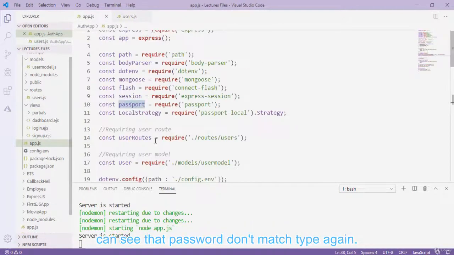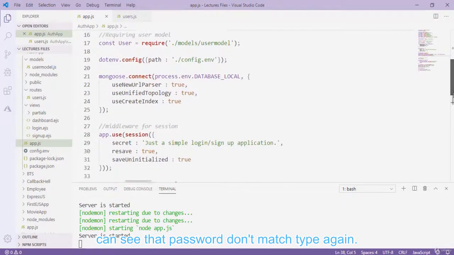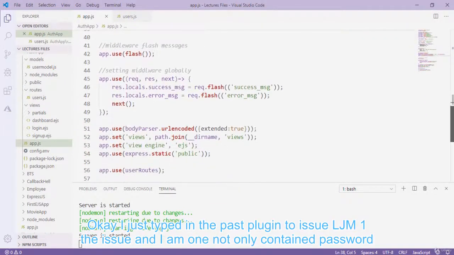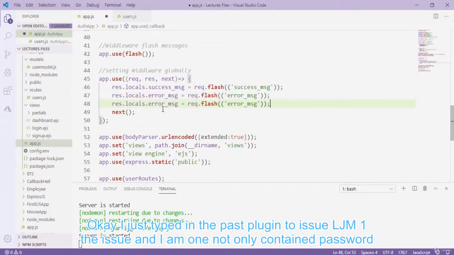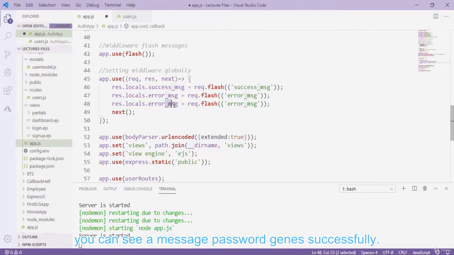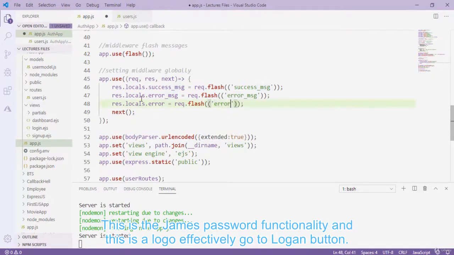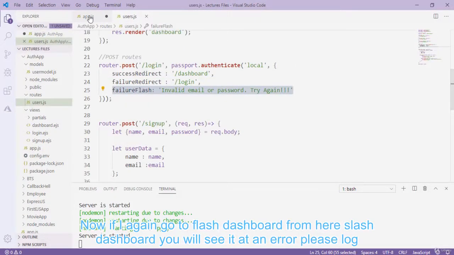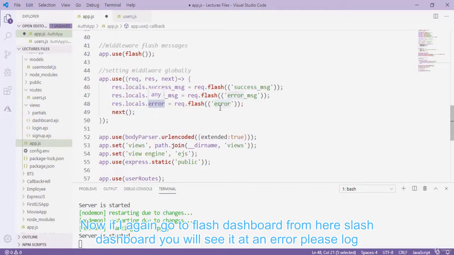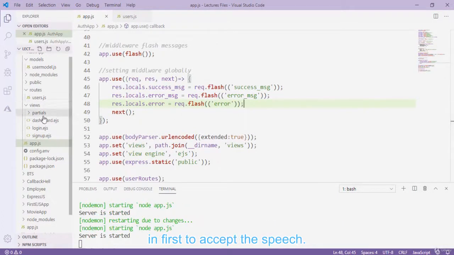So I go back to my app.js, and in our global variables, we also have to set up one more thing here. Control C from here, and I paste it here and type res.locals.error and then this error. So this is basically how this line works. We have to pass a separate variable here that must be error like this. Okay, so I save that and go back to my